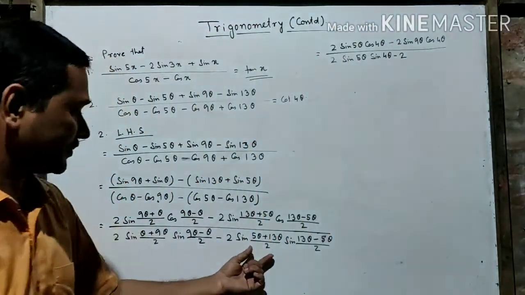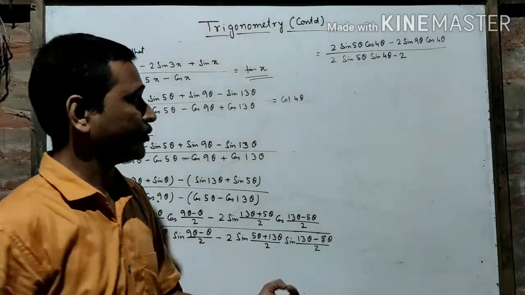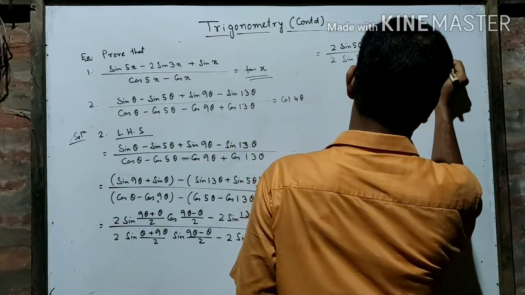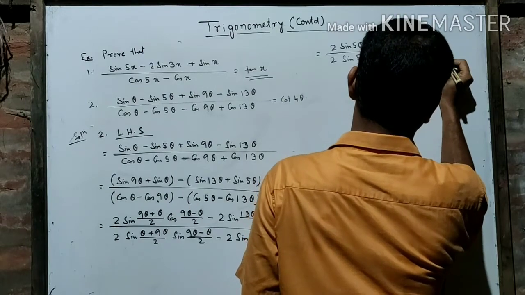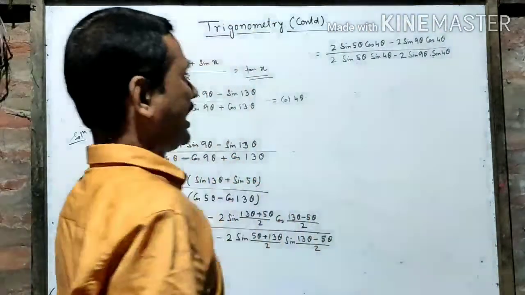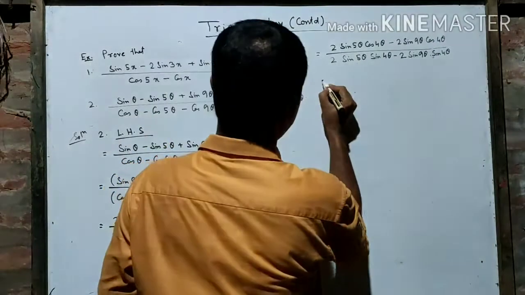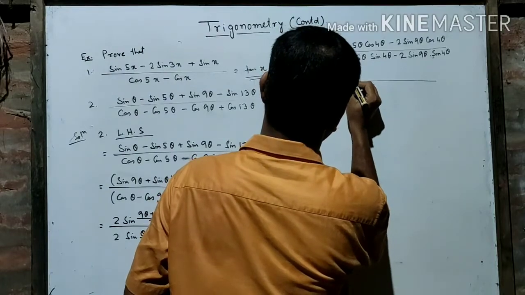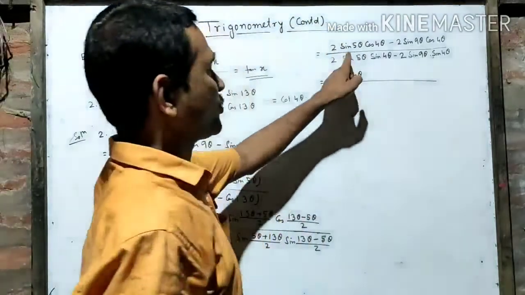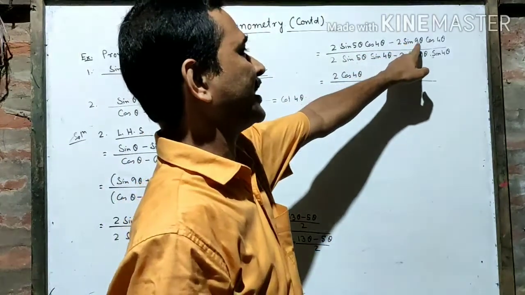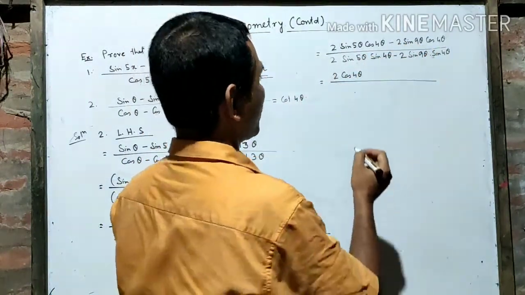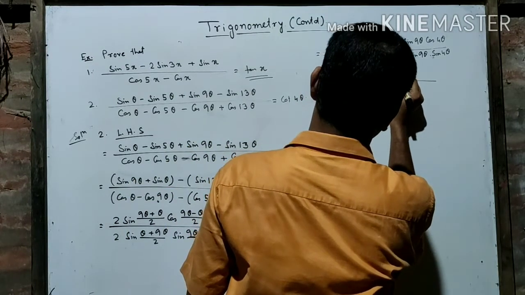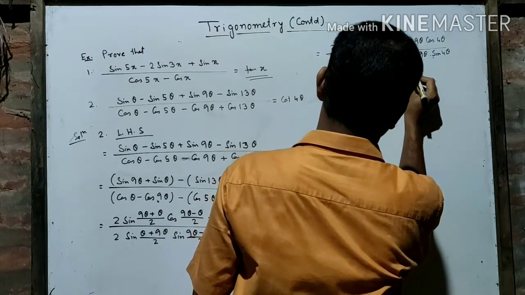Minus 2 sin 9 theta into sin 4 theta. Now you can take common. What you can take common? You can take common in the numerator 2 cos 4 theta. This is 2 sin 5 theta into cos 4 theta, this is 2 sin 9 theta into cos 4 theta. From these two we take common 2 cos 4 theta, and there will be sin 5 theta minus sin